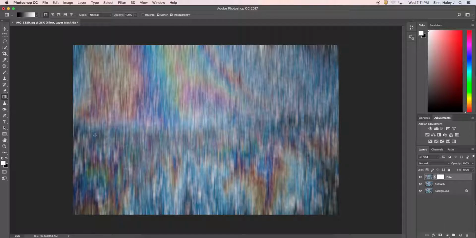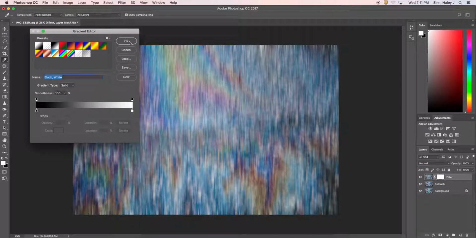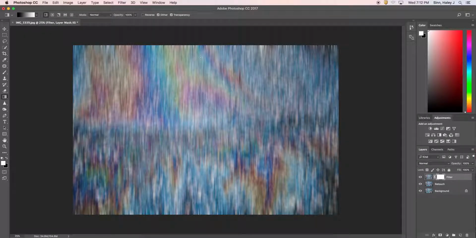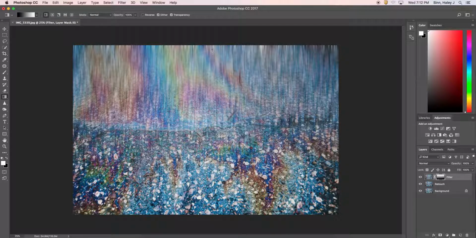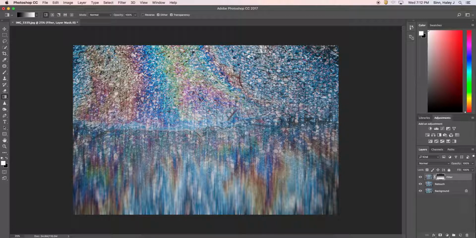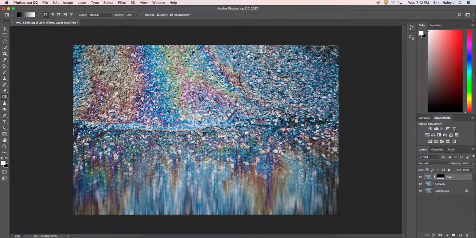So now I'm going to get my gradient tool. I've got a black to white gradient selected, and I'm going to swipe to apply this mask. I want to swipe from top to bottom on this image. So what it looks like is happening is this oil is very slowly starting to drip down here. And you can see that the change is really nice and subtle